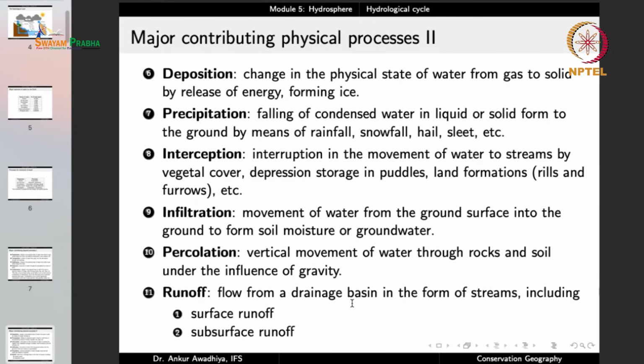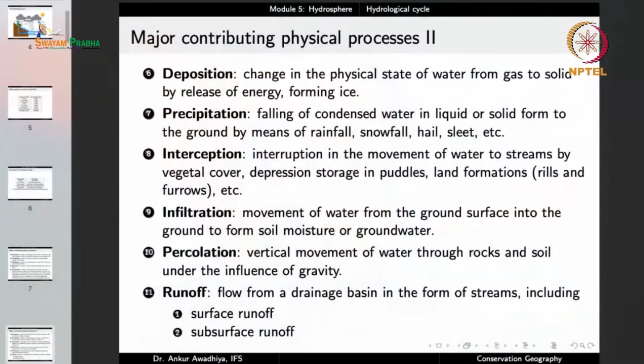Another process is deposition. Now deposition is the opposite of sublimation. In sublimation, water converts from solid to gas without going through a liquid phase. Similarly, in the process of deposition, water moves from gas to solid without going through the liquid phase. So deposition is the change in the physical state of water from gas to solid by release of energy and